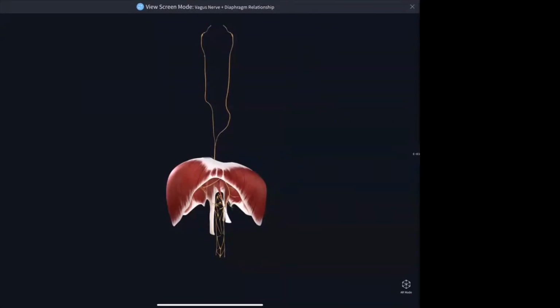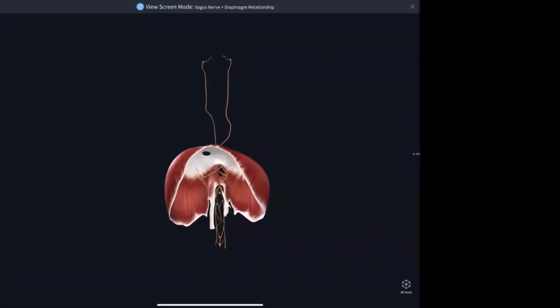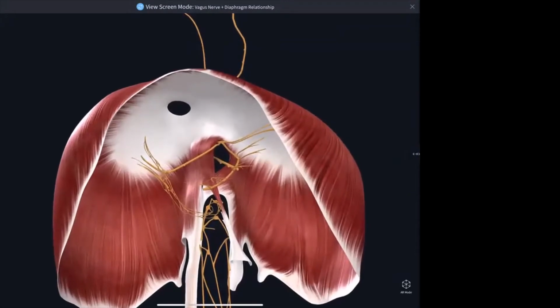The reason I wanted to show this to you is because if we tilt this way, and now we're looking up underneath the diaphragm, if we zoom in, you guys can see that there are two holes. So ignore the one that has nothing in it. The one that the nerves are coming out of is called the esophageal hiatus. You do not need to remember that term, but just in case you're an anatomy nerd, there it is. And the nerves that you see coming out of that are the thoracic branches of the